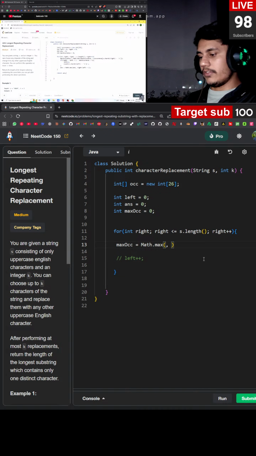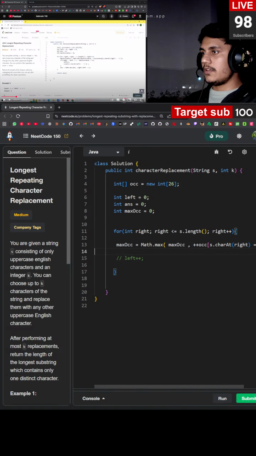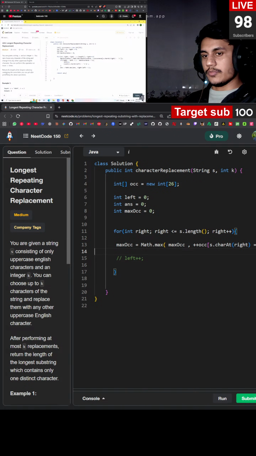पहले वाली चीज़ तो लिख ही देनी चाहिए मेरे को, क्योंकि अकरेंस में हम अपडेट तो करेंगे ही। अकरेंस में हमें अपडेट करना है s.charAt(right) माइनस कैपिटल A। और इसको हम कंपेयर कर रहे थे मैक्स अकरेंस के साथ। ठीक है, ये हर करेक्टर को मैक्स अकरेंस यहाँ पे निकलता रहेगा सबसे पहले।